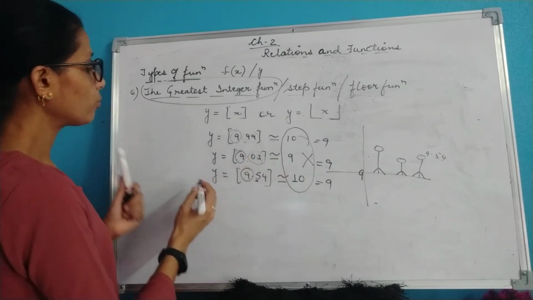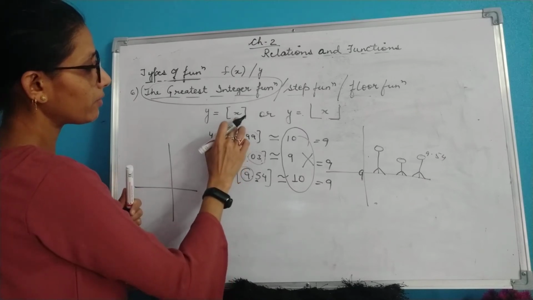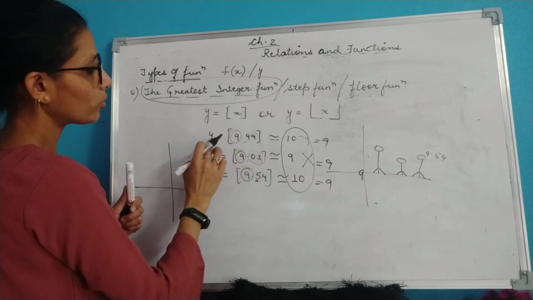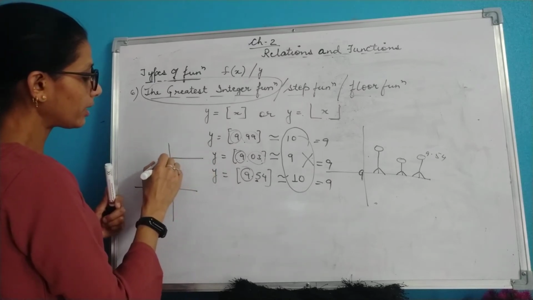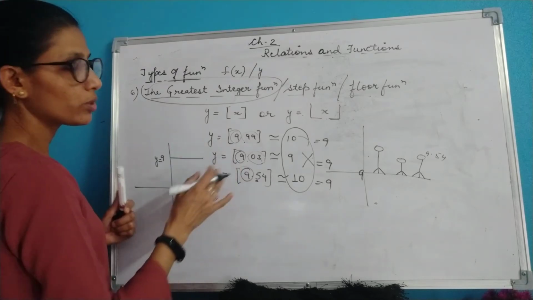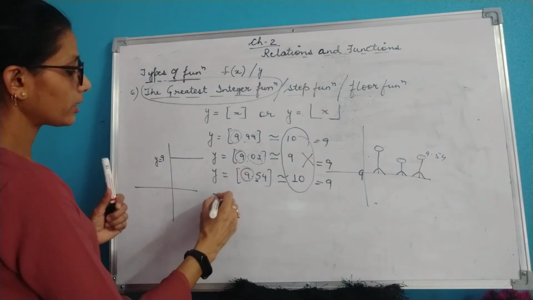Now if we want to draw the graph, say if I have x as 9.99, then I am getting y equal to 9. That means I will get a graph at y equal to 9. So it will be just a straight line. Now we'll talk about the next function,